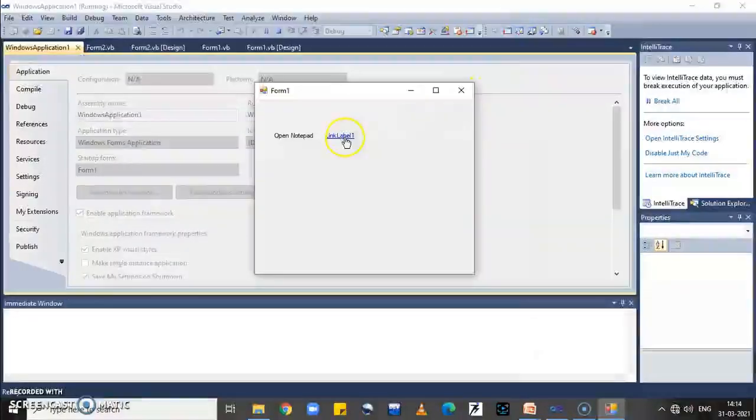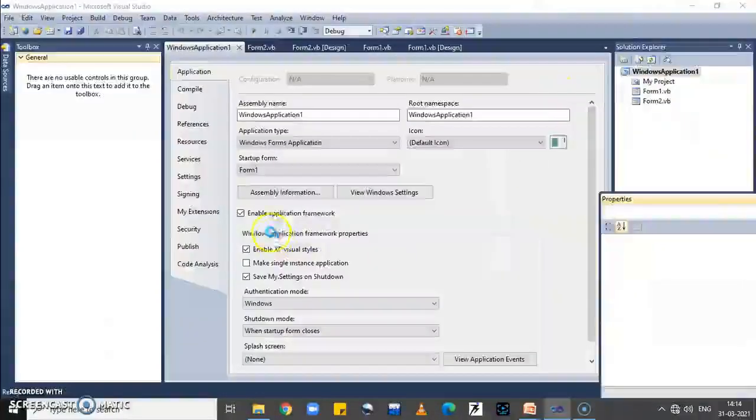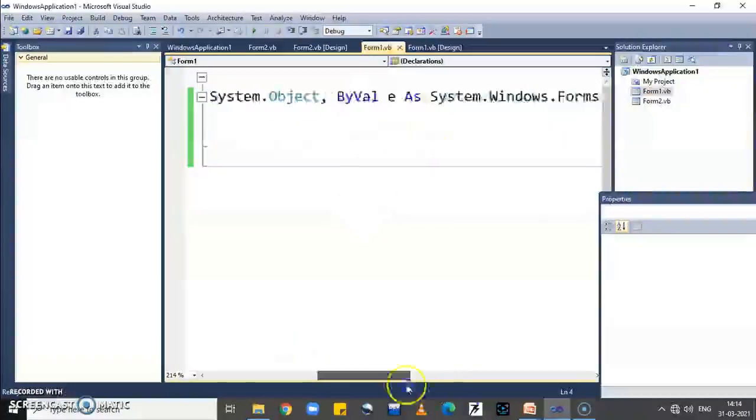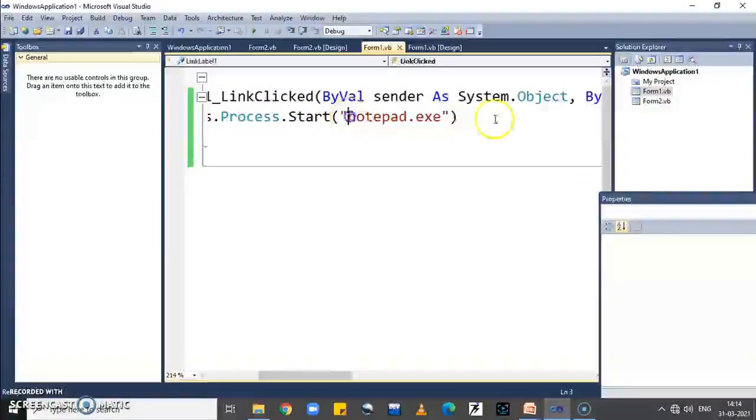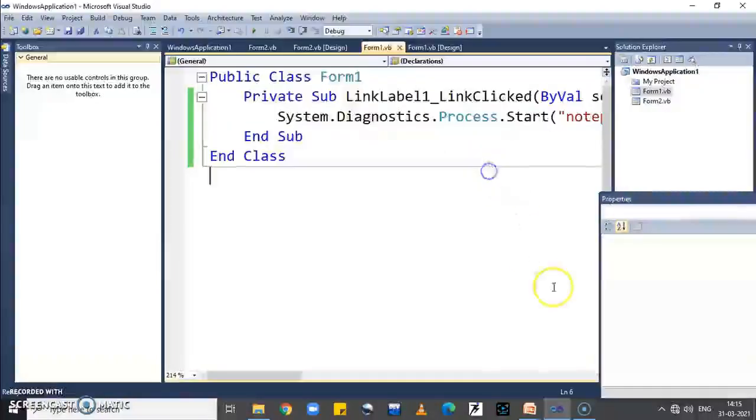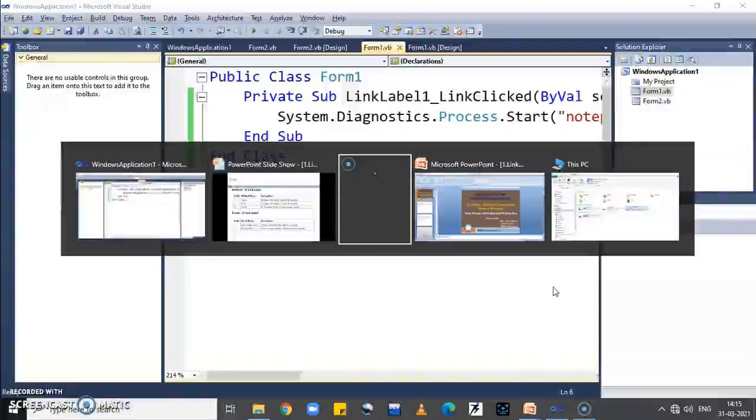It is used to open a file whose path is written between the double quotation marks of the Start brackets. Now again switch over to the PPT for the next topic.